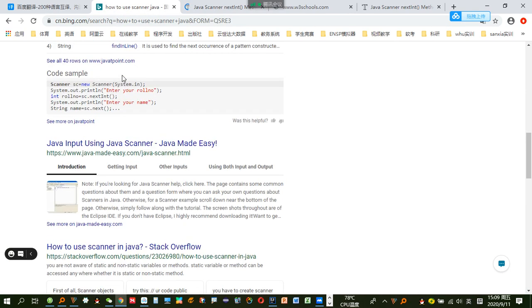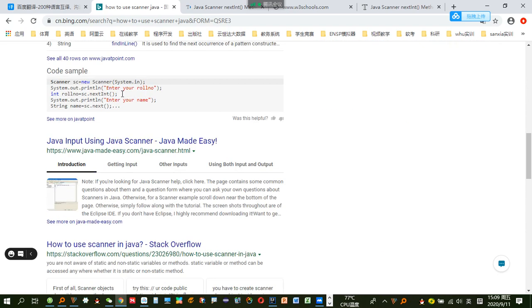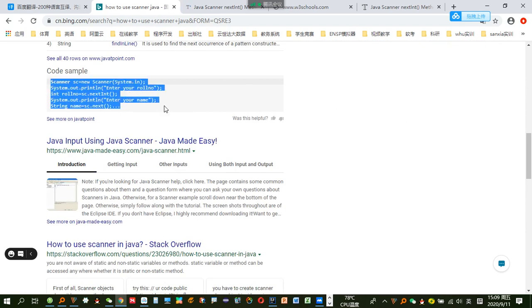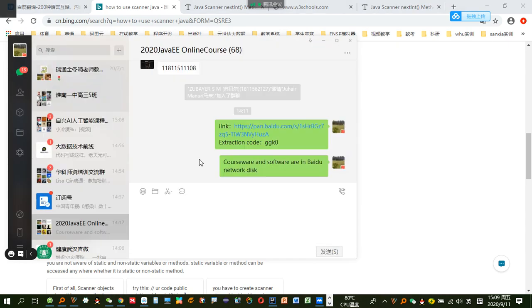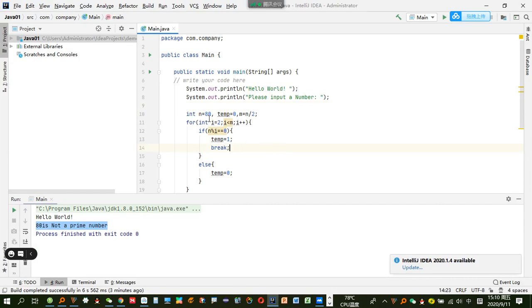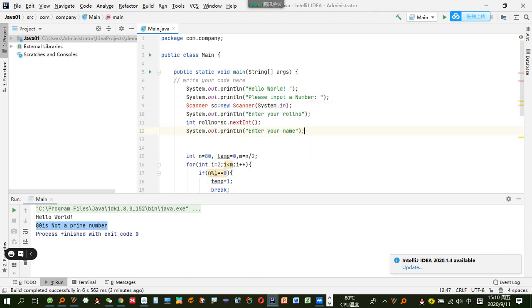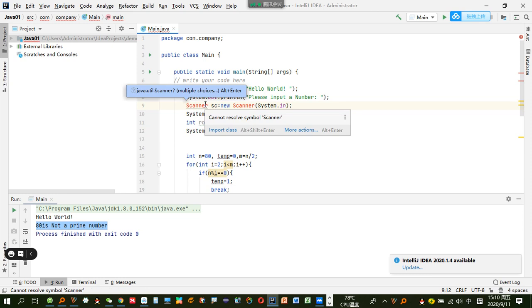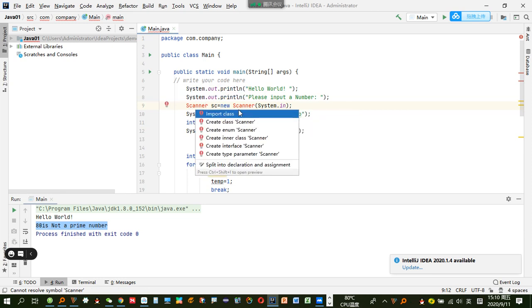Well, we should find some example here. You see, okay, that's what I want. So when you know something, in programming, always copy and paste if you know it. So you can type Alt+Enter, and here, import